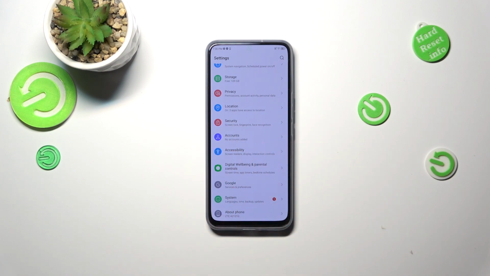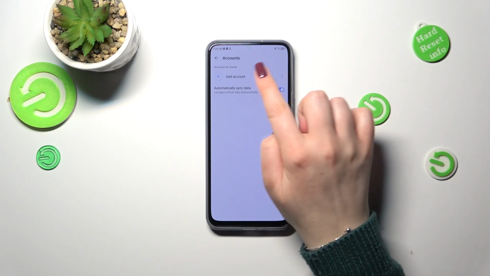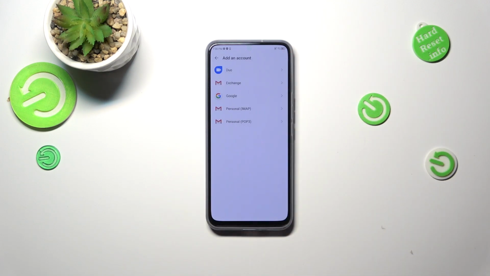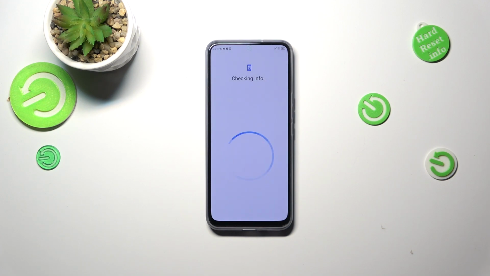Of course here we've got the Google section and you can manage the account using it, but I prefer to do it using the account. So let me tap on it and let's start with adding the account. So tap on add account, choose Google, make sure that you've got the internet connection because it is required, and